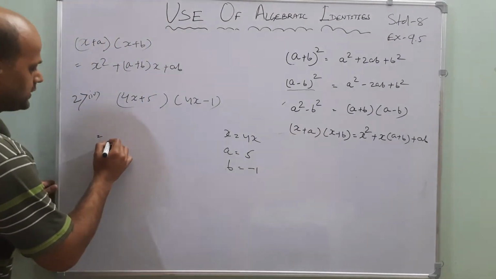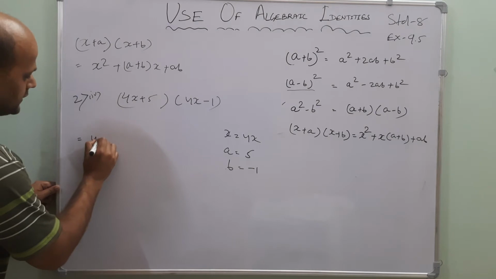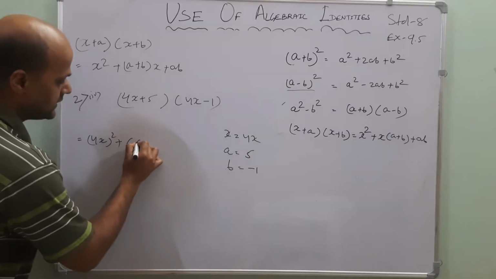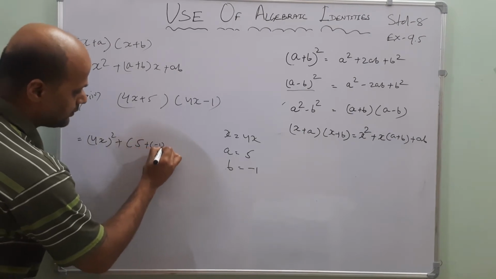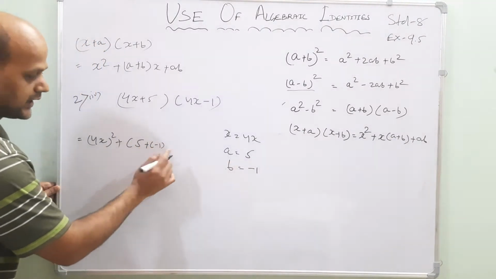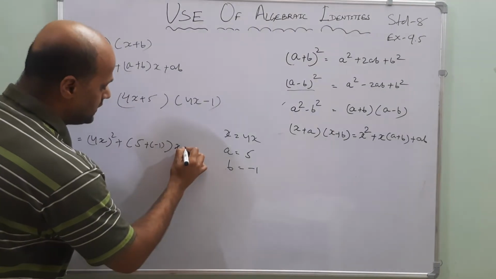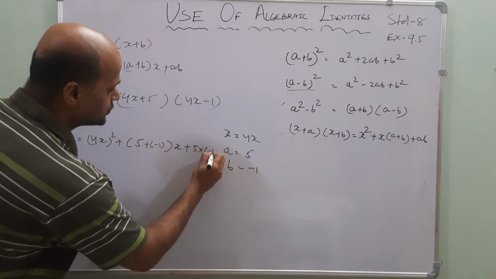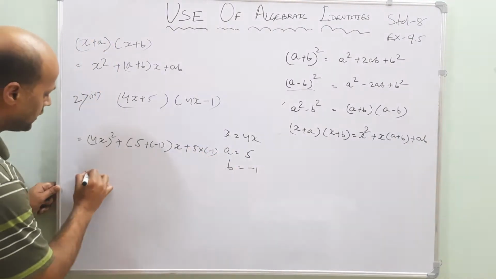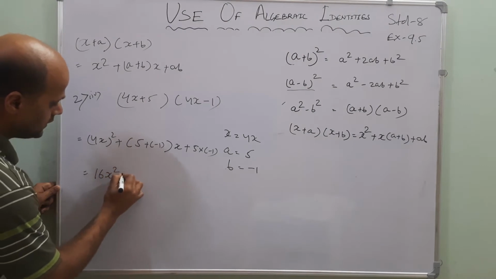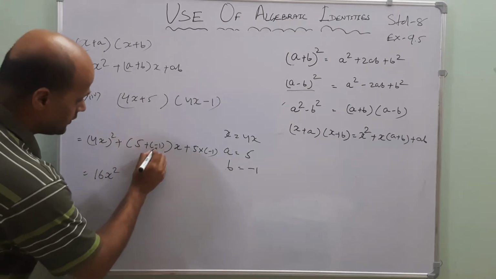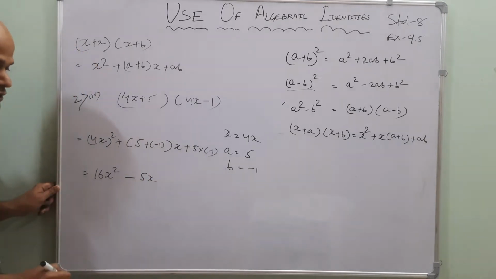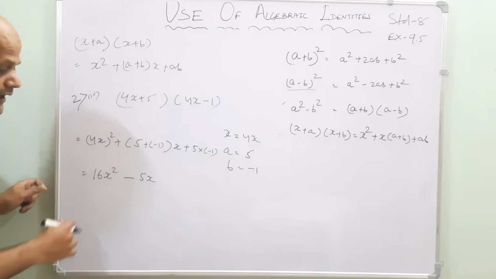Only thing is that you have to put the value in correct positions. Okay. Now, what is the formula? x square, that is (4x) whole square, plus (a + b), that is 5 plus of -1, because we are taking b as -1, you have to put like this, into x plus 5 into -1. Like this manner you have to do it. Now 16x square. Here see 5 ones are 5, minus into plus, minus 5x. Understood? Okay. Or you can write like this also.